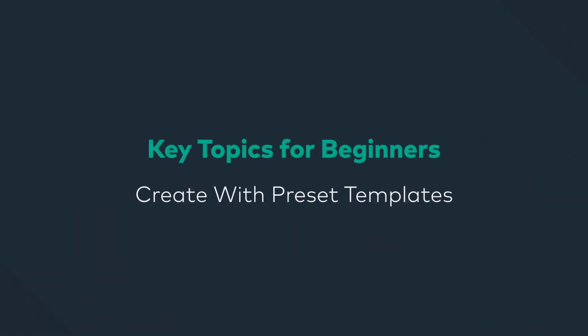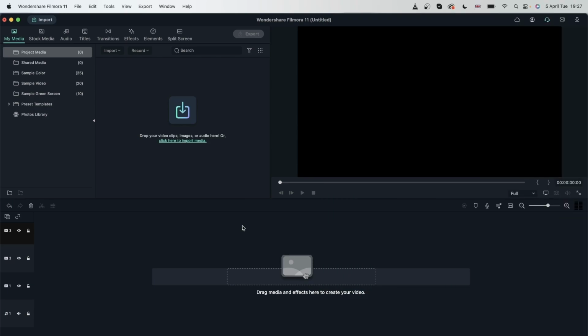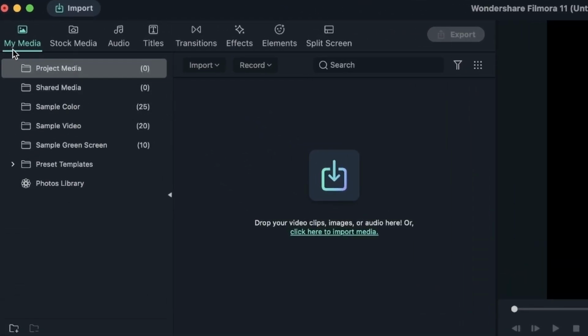In today's lesson, we're going to learn about preset templates. By the end of this lesson, you will know how to edit videos in a quicker way using preset templates, customize those templates to your liking, and finally create your own templates. So let's get started. So right over here in the My Media menu, down here you can see there's a